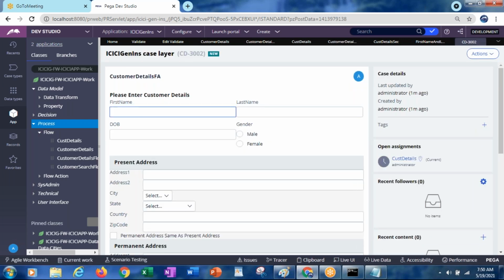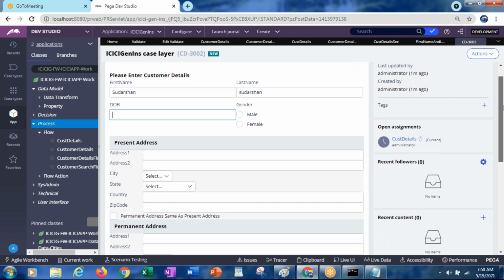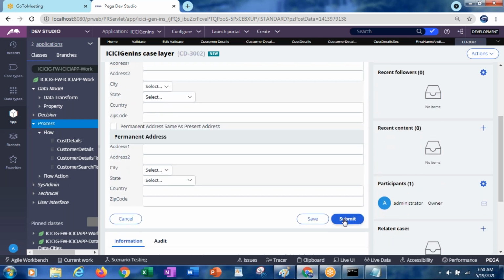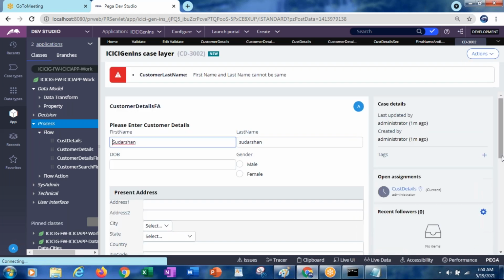Is it validated? Is it giving the error message? Why is it not giving the error message? On click of submit, it will give. Exactly.